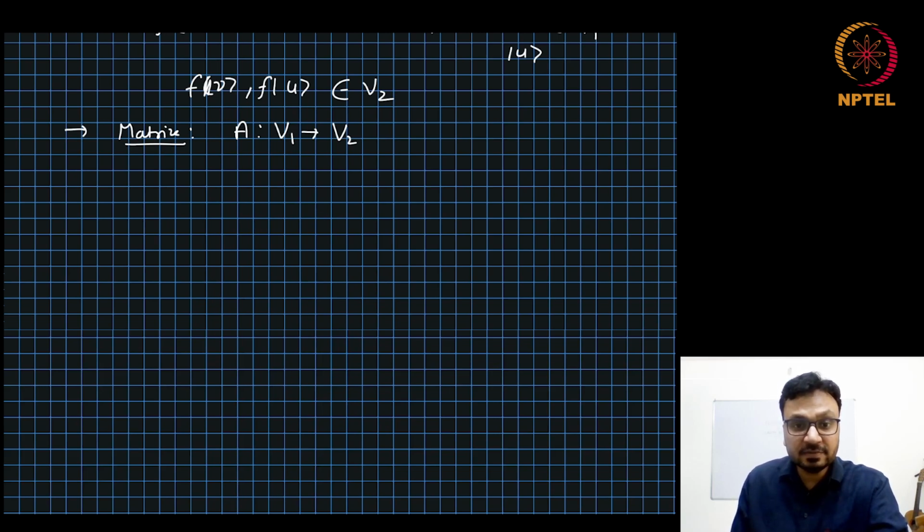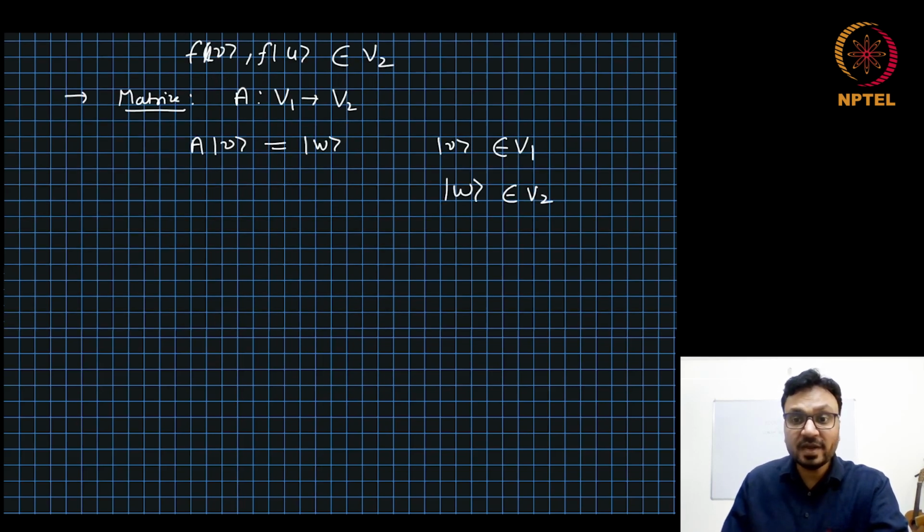So for that, it will be like A acting on vector V gives us W, let us say, where V is from V1 and W is from V2. So this is given to us. This is for every vector V given in V1. We know the action of the operator A on V, and we know what W we get. Now let us say that